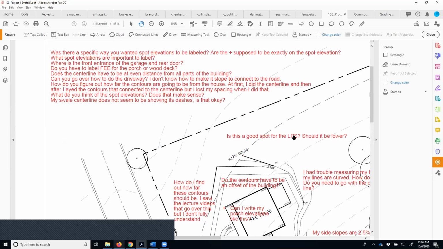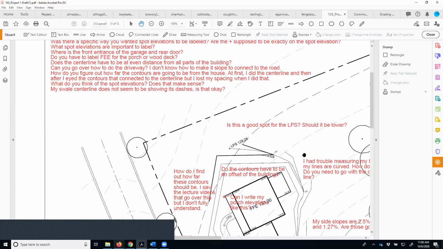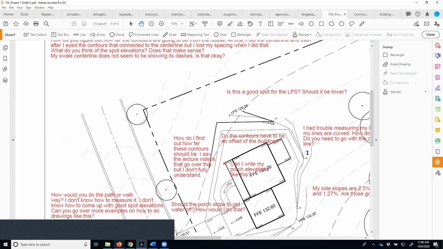Is this a good spot for the LPS or should it be lower? Well, I'll tell you personally, I think the good spot for the LPS would be further away from the building, like,